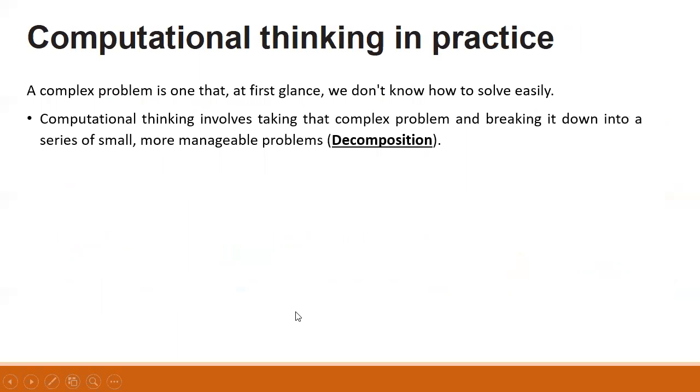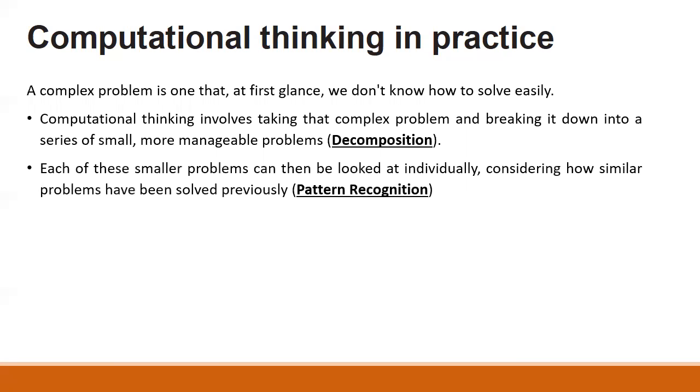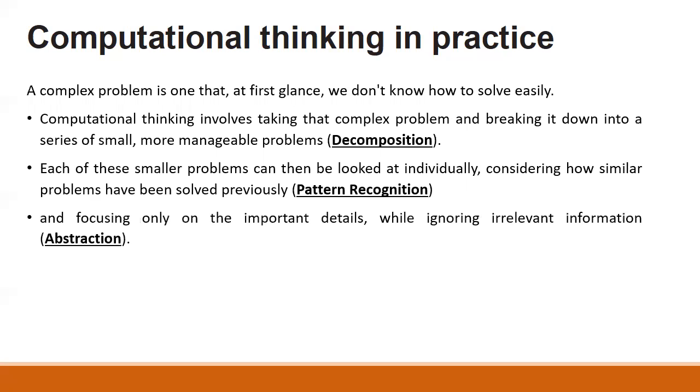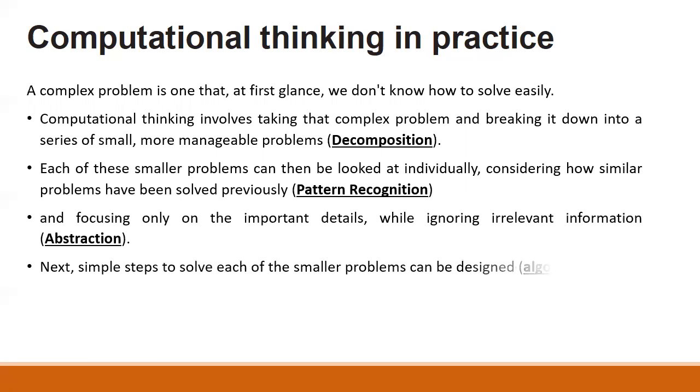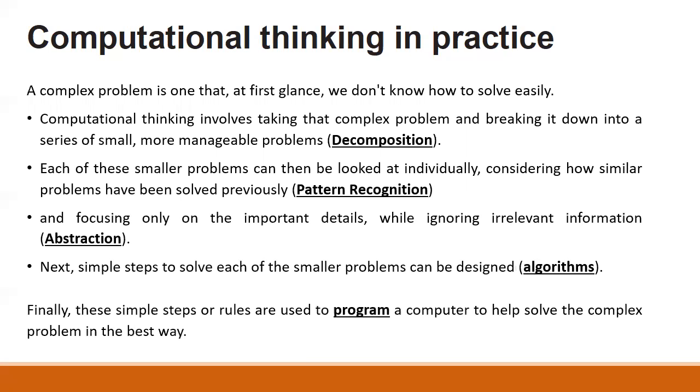Okay, so this is the thing about decomposition. We're going through those steps one at a time, or those components. The first step there is about decomposition, because our problem is too big, so we need to break it into smaller bits, and then we can address each of those. Pattern recognition, because maybe we've already solved something like this problem before. Abstraction, because we get rid of everything except the most important details. We just focus on the most important. We put the rest aside. And then lastly, we put simple steps together, and that's an algorithm.